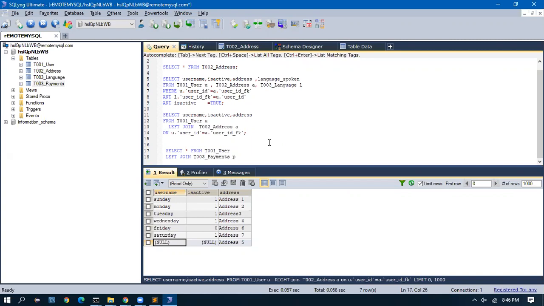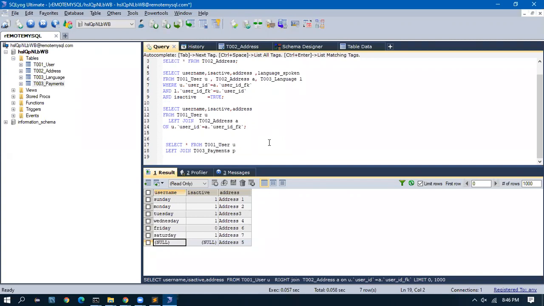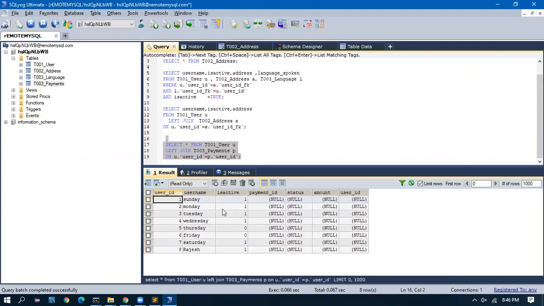Let's take table alias as P, table alias as U. So now I'll do on U dot user ID equal to P dot user ID. So this is going to pull all the users along with their payment detail.